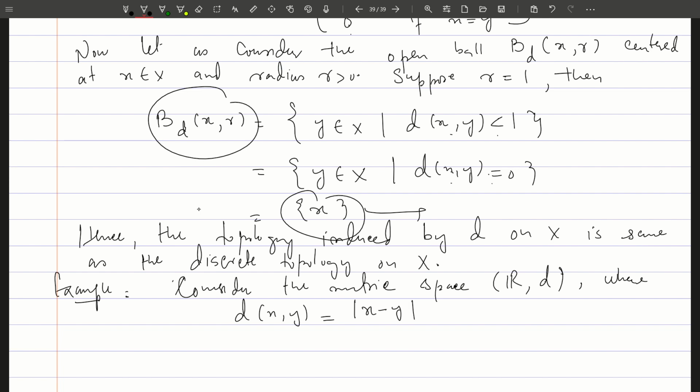Then the topology induced by the metric d is the standard topology, i.e. the usual topology on R, because